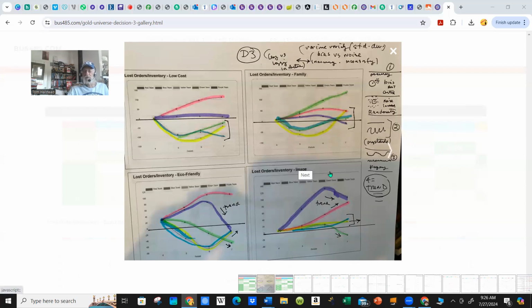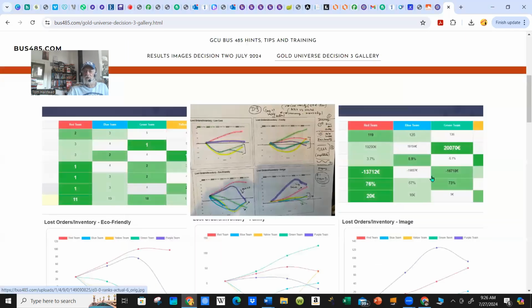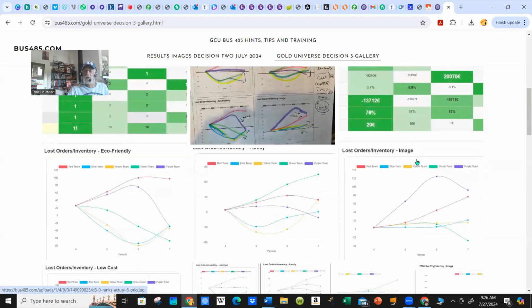So the decision process is fantastic. It shows how good teamwork works. And the one where they didn't have inventory or lost orders problems, they're still very flat. This decision took them a tiny bit into lost orders, but not a lot. So just congratulations to all, you did fantastically. Everybody's really close, and you can see why these 3 teams are kind of caught together because they're so close to 0 there. So it's a great indicator when you look at that compared to your